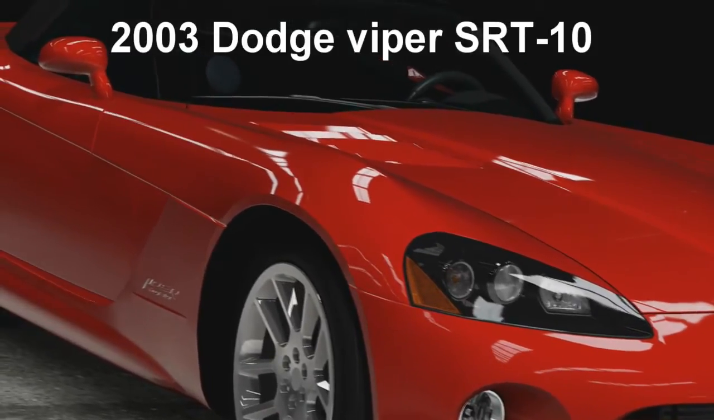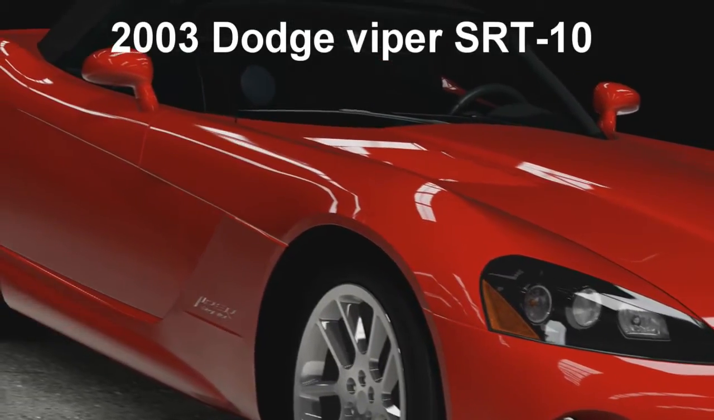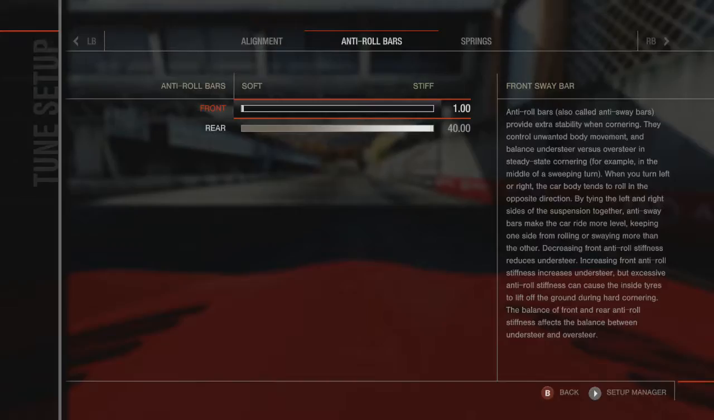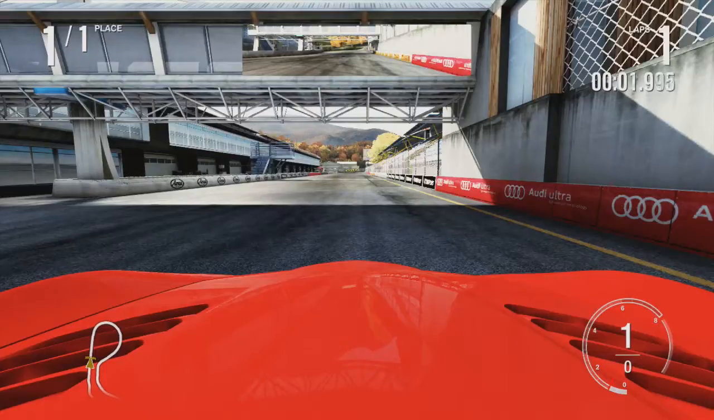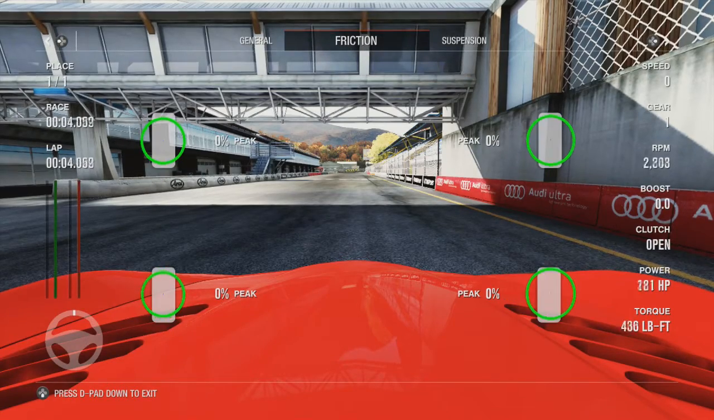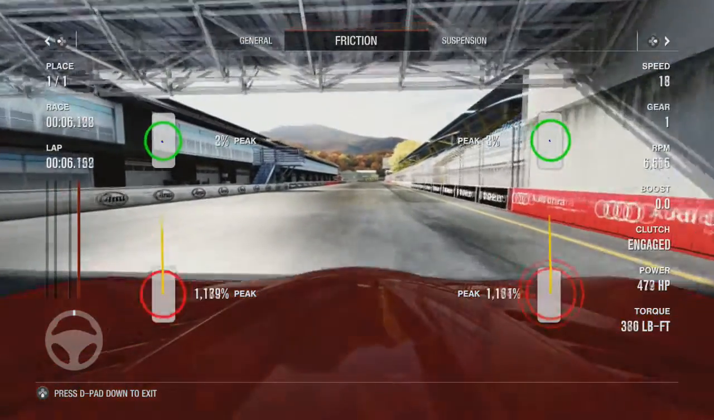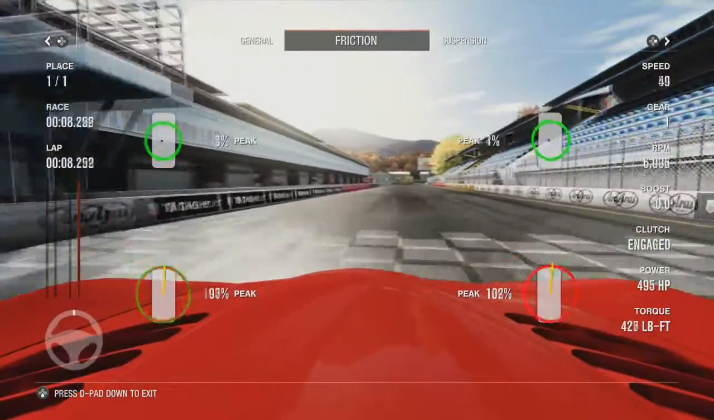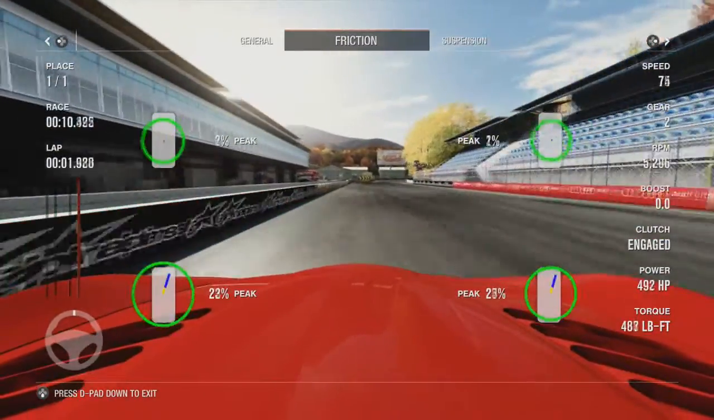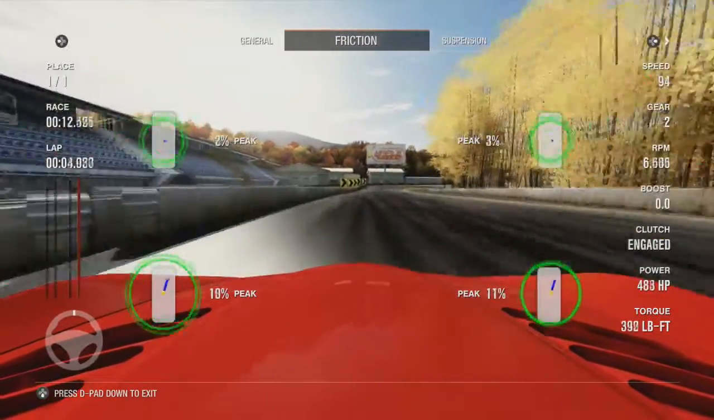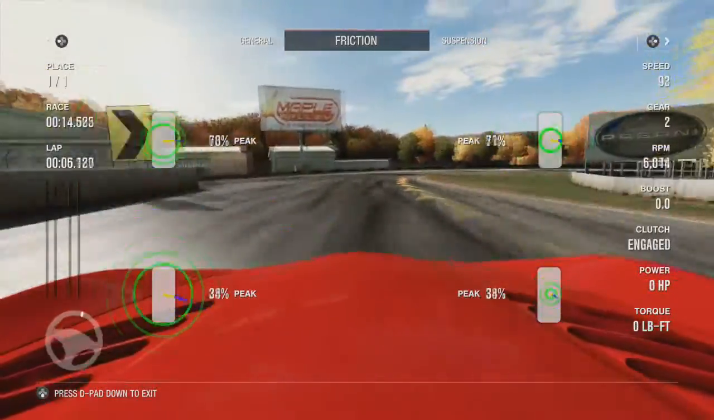For the first part of this tutorial we're going to go to the first corner of Maple Valley, and we're going to set the front anti-roll bars to the minimum setting and the rear anti-roll bars to the maximum setting. I'm going to take the first corner, put the telemetry up. This time we're looking at the friction tab on the tyres, just so you get an idea of what's going on. So we're going to be accelerating down to the first corner and braking as we enter, and then we're